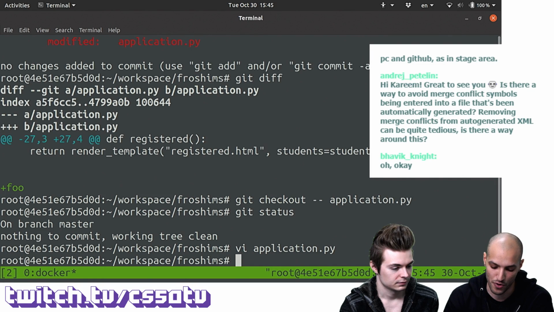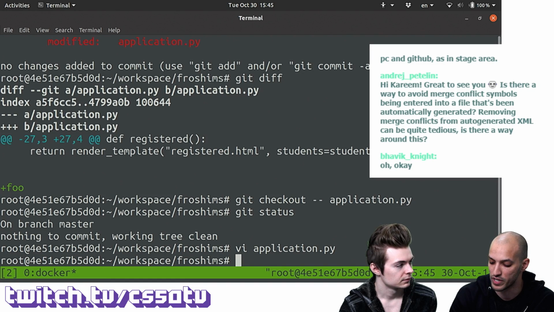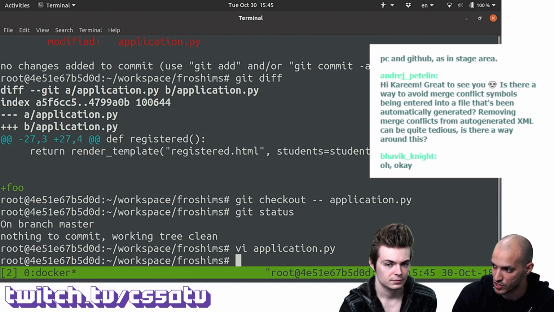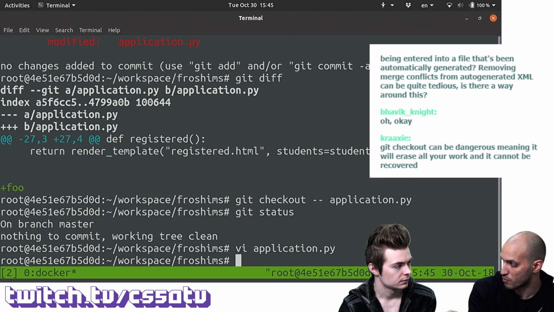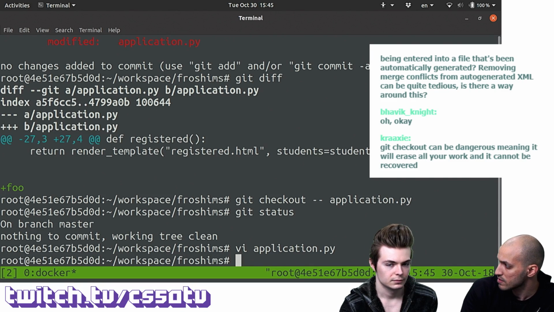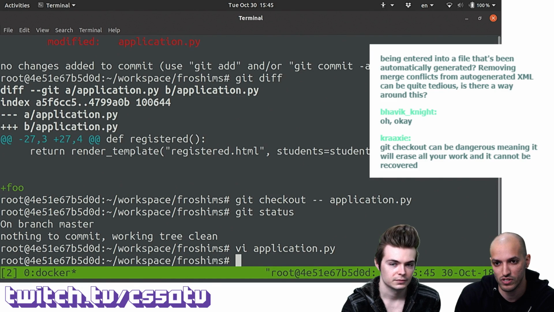What I do know though is that there are merge tools that you could use that would help make the merging process easier for you. And I also know that there are certain command line options that you could use to tell Git, hey Git, use the changes from X or use the changes from Y and don't care about the other changes if a merge conflict happens. Makes sense. So I hope that answered your question, but I should probably look into this more.